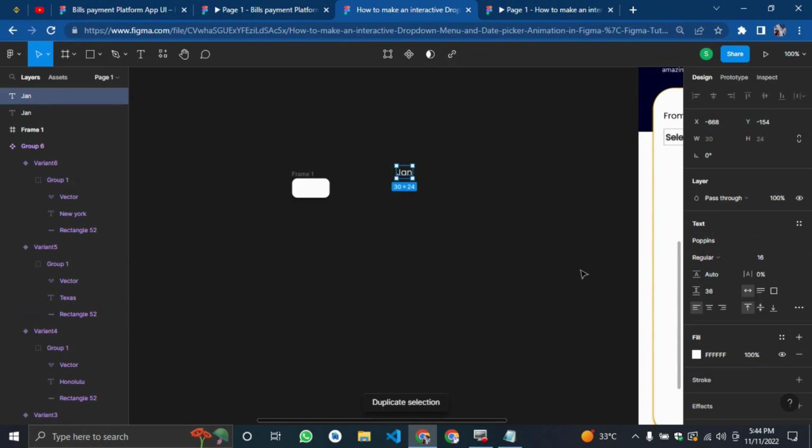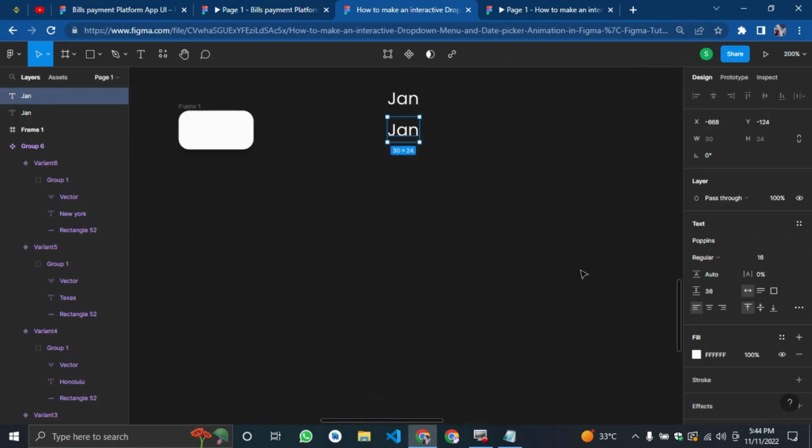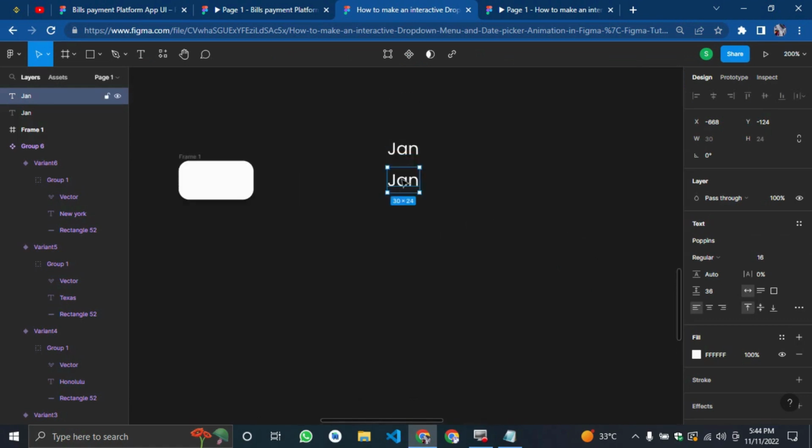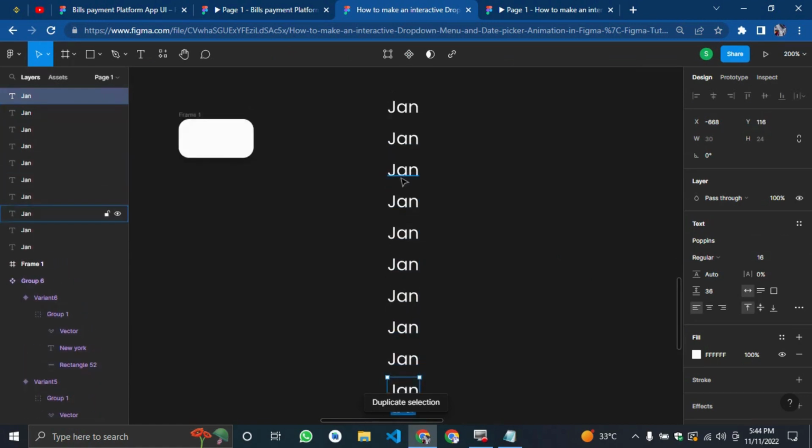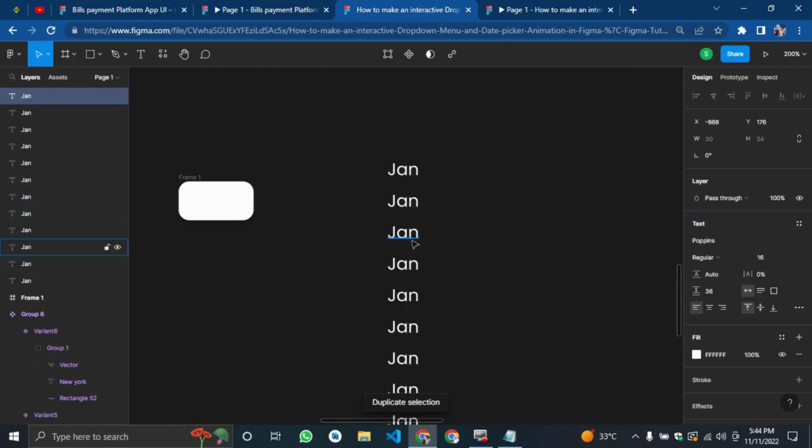Duplicate, hold your shift key and bring it down. So now you have this. Let me zoom in. You can duplicate again, Ctrl D. So you have it so much. Now you can start changing it to the months. So February, this one March,